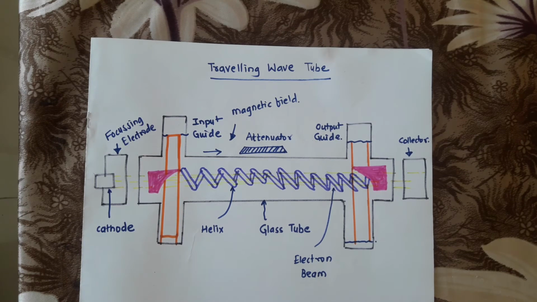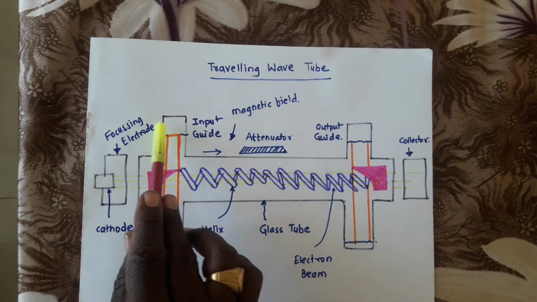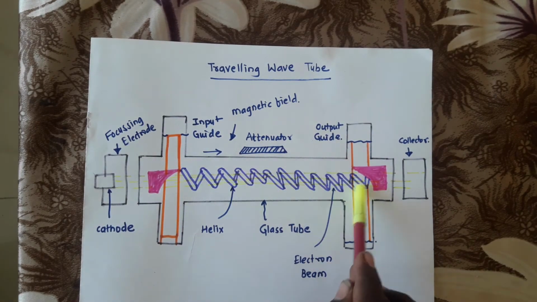The signal is applied to the input of the helix via a waveguide. So we are applying a signal over here through the waveguide. This field propagates around the helix with a speed that is hardly different from the velocity of light in free space. However, the speed with which the electric field advances axially is equal to the velocity of light multiplied by the ratio of the helix pitch and helix circumference.